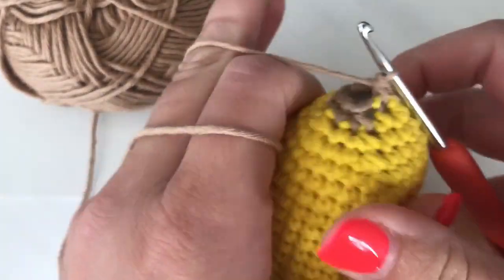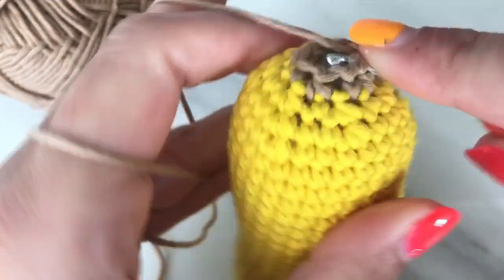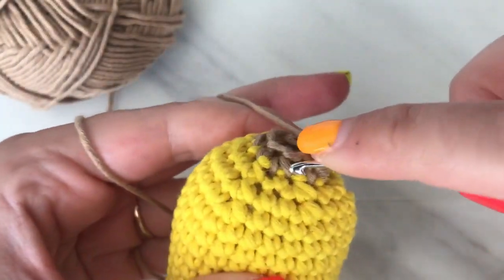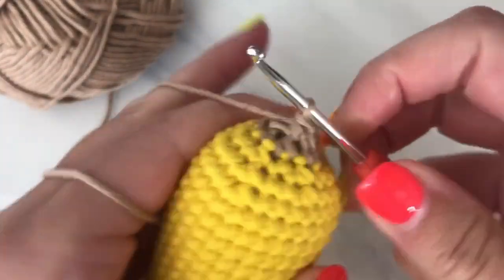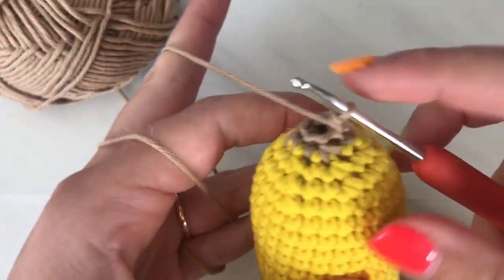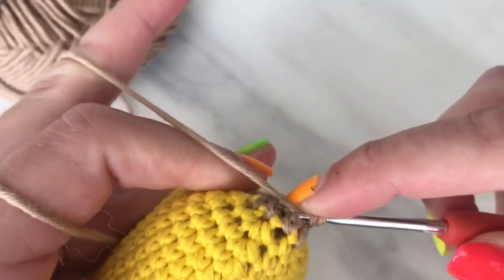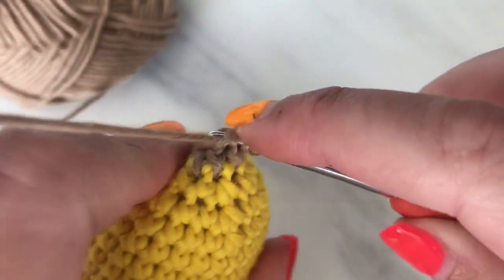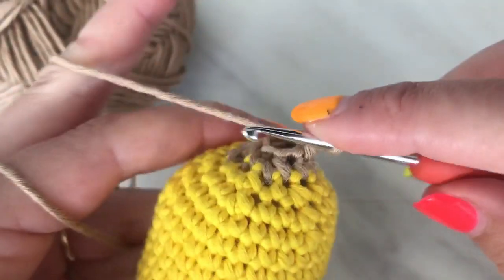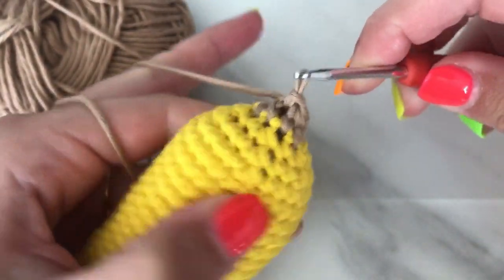Okay, and then we'll just do decrease, and then another single crochet and another single crochet. It's nice because you can hear it rattling as we're going, and another decrease. It's more fiddly when the hole's smaller. And another single crochet, another, sorry, not a single crochet, a slip stitch into the next stitch, pull it through,